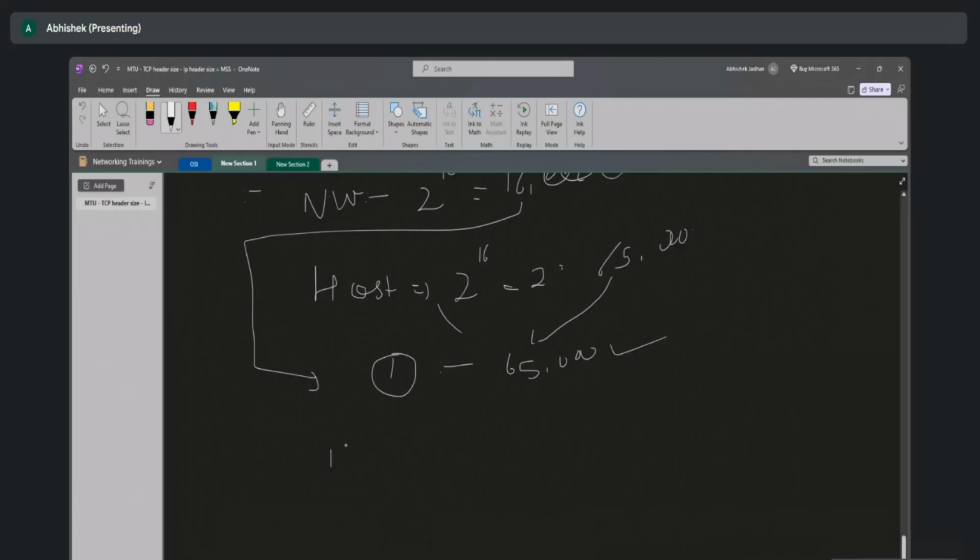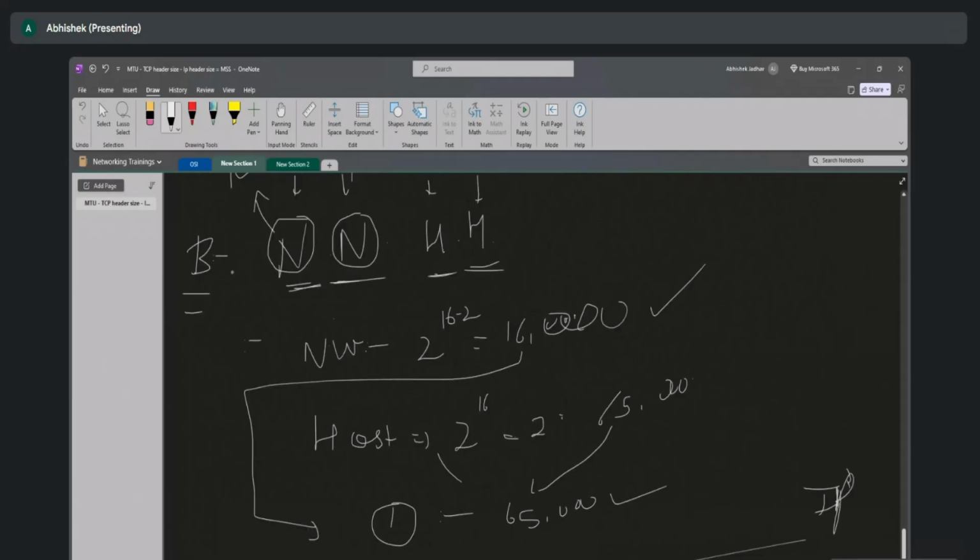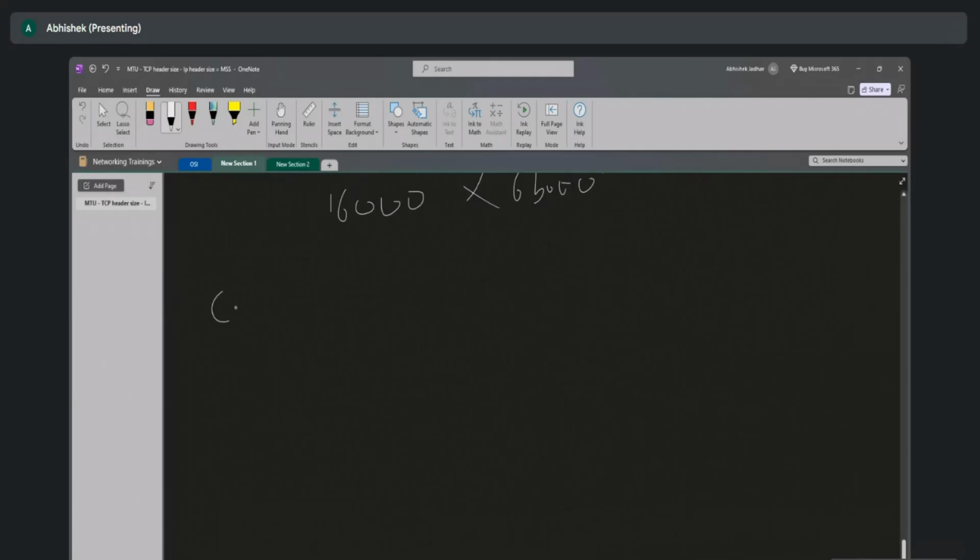So like that, overall IPs that organization can use is 16,000 into 65,000. Whatever value we get, that's the overall number of IPs the infrastructure can use, right? So that is how we calculate class B. Now, if we come to class C, here we have three network bits reserved and only one host bit for us to utilize, right? Now, if we see here, the calculation goes like this: 2 to the power of 8